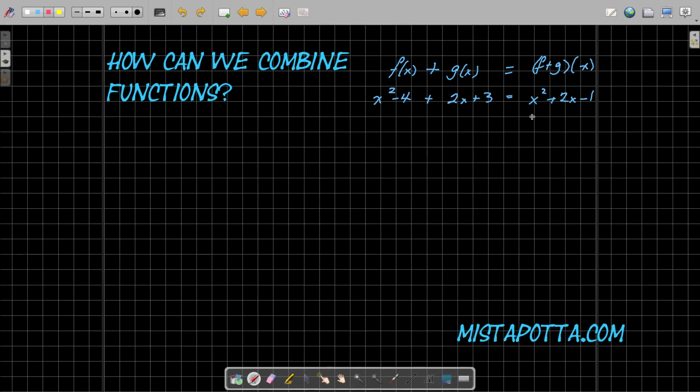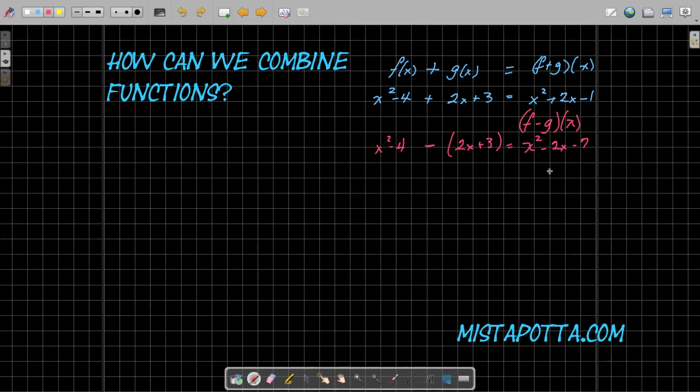Another thing that I can do is subtract them component-wise, to get f minus g of x. In this case, I would take everything in the first expression, x squared minus 4, and subtract everything in the expression 2x plus 3. So I'm going to have x squared, which is positive. I'm subtracting a 2x, so that would be negative. And here I've got a negative 4, and here a negative 3, so that'll give me minus